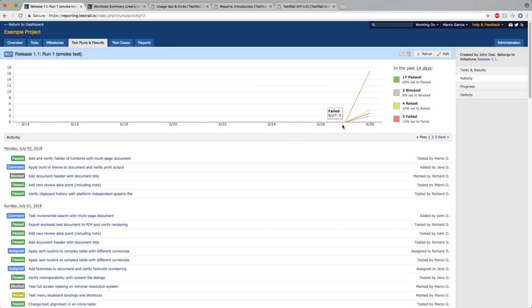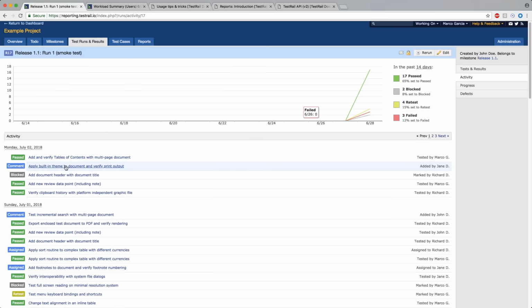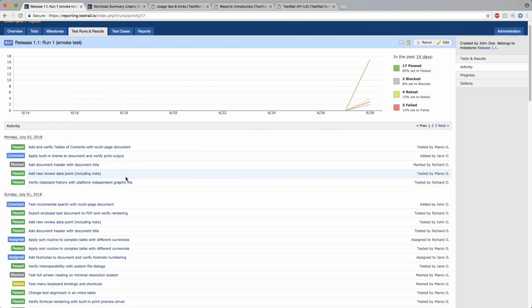Now, I just generated all this data today, so you won't see all of the data over time, but if you had more data over time for your test run, you would see that spread out throughout the graph. And the activity tab mainly shows the number of tests that have been executed and breaks it down in this line graph via statuses. So this is similar to the overview tab that you saw for this project. It's also going to give you the activity for each test,